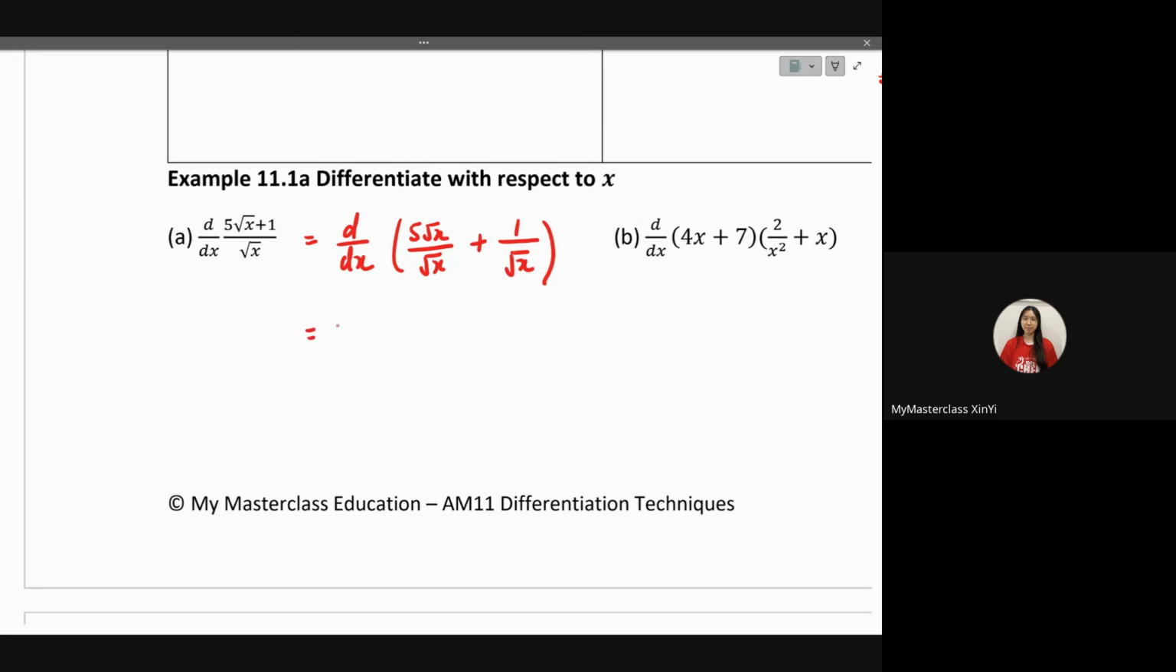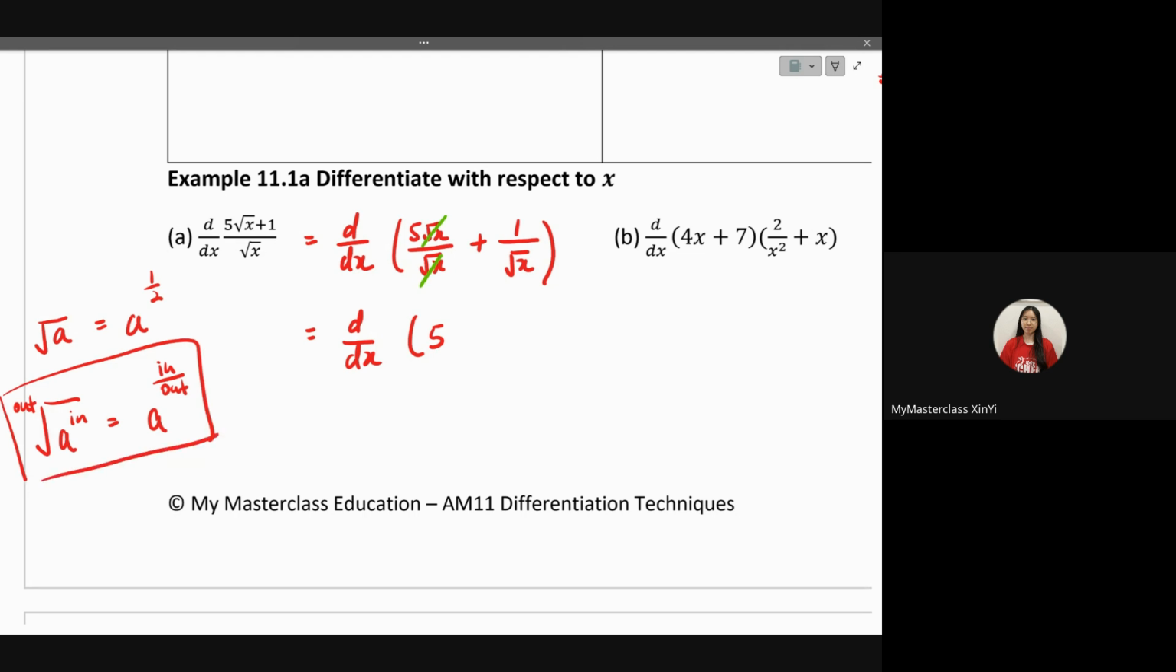Again, you have only learned the power rule so far. The first one, you can of course simplify by cancelling this one away, so this portion here becomes just 5. This one, however, when you have a square root, recall in indices you learned before, right? Root a equals a to the power of half. In other words, in general, inside, outside like this, it's just a to the power of in over out. So that's why the cube root of a, for example, is just a to the power of 1/3. Using the same logic here, instead of writing it as root of